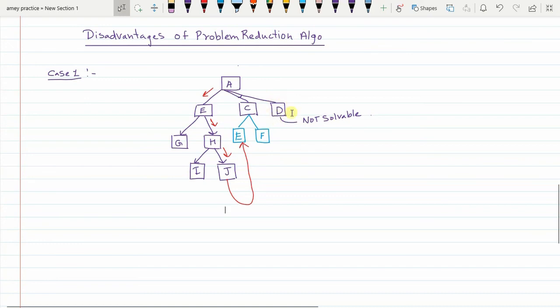So since that one sub-goal is not solvable, although there is one possible solution which appears to be shorter, this solution algorithm will never be able to view. So the algorithm will never know that there exists a shorter path from A to C, C to E, and it will end up taking the longer path that reaches E. So this actually hampers the optimality because one of the nodes in the AND arc happens to be not solvable. So this is basically one of the disadvantages of the problem reduction algorithm. This is one case.